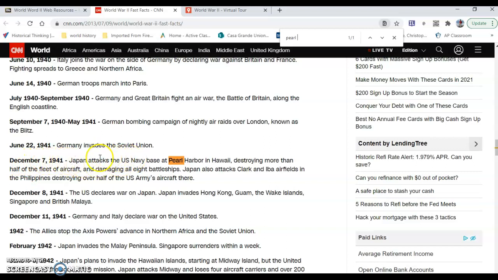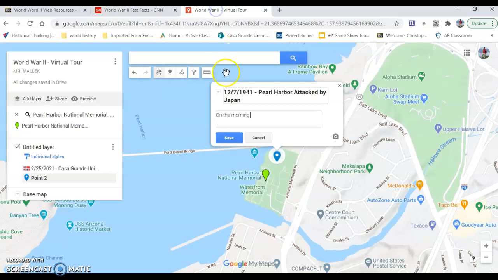Now look, do not copy and paste this. Read it. Think about it. Put it in your own words. That's the point. We want you to become intelligent in expressing what you learn. Okay, so on this morning, on the morning of December 7th,